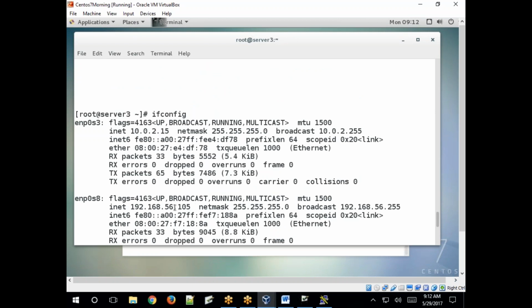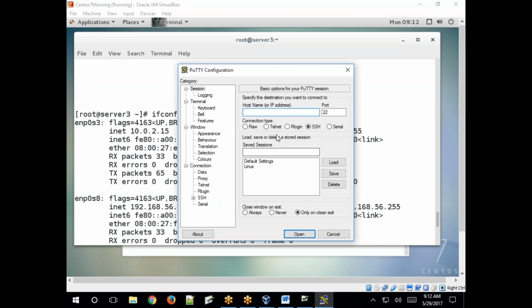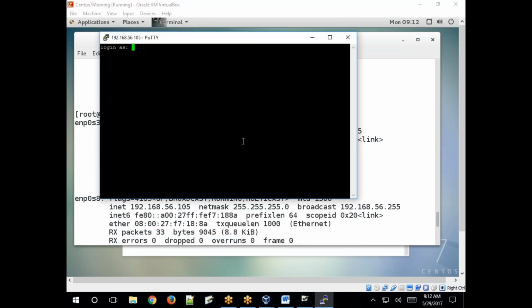Yeah, 105 is there, right? Okay, 192.168.56.105. Just use this IP address here. 192.168.56.105. Okay, just open. It asks for login as root. Password. That's it.